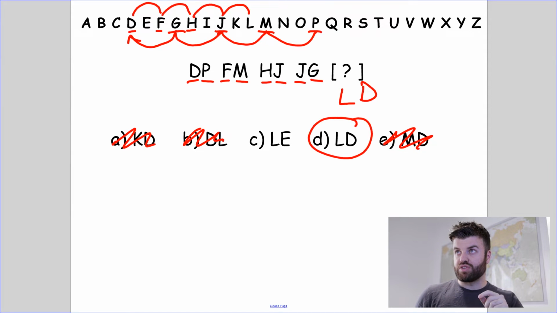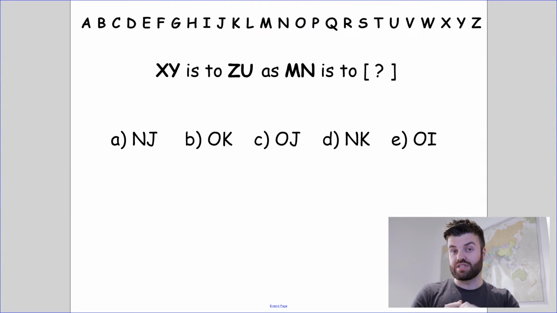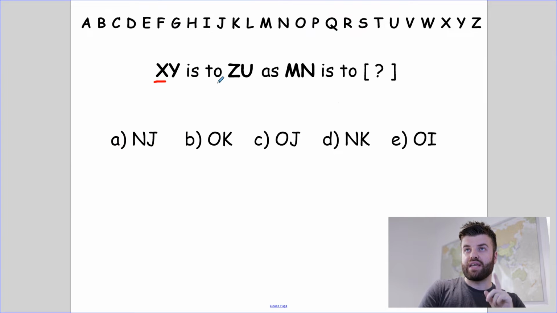Now we do have one more type of alphabet question. Now this is the different way that they can show you, but it's the same concept. So let's use those jumps. Again, we're going to dive straight into it. X, Y goes to ZU. So let's figure out the code. X goes to Z, we find X, we find Z. That is a +1 jump. So our first letter goes